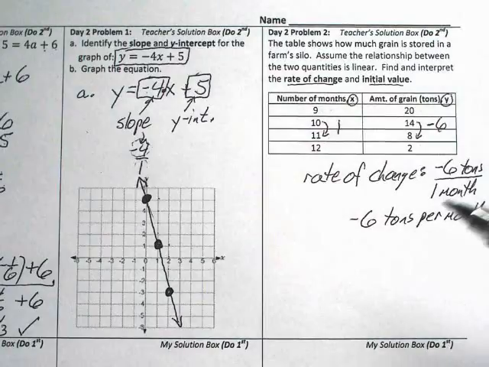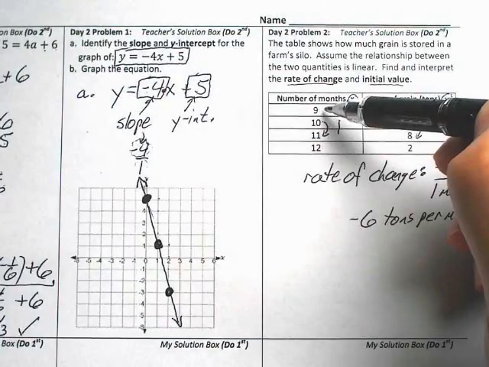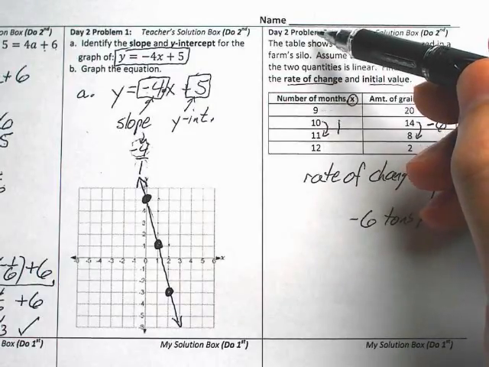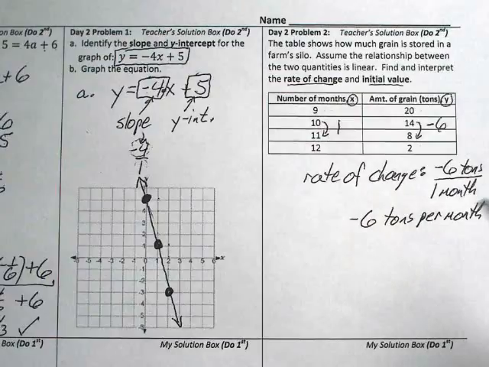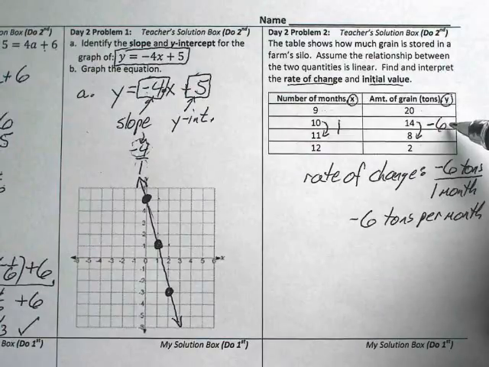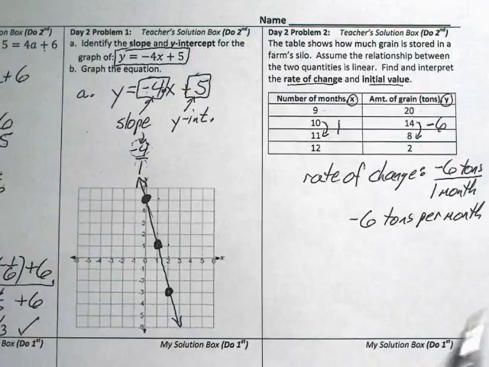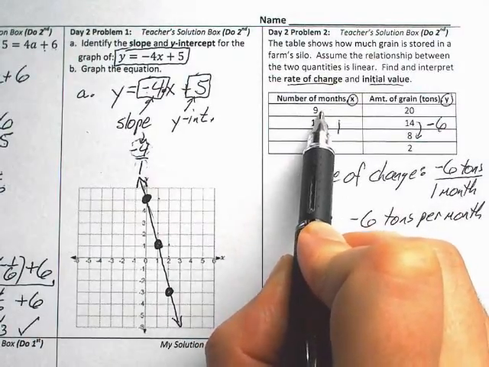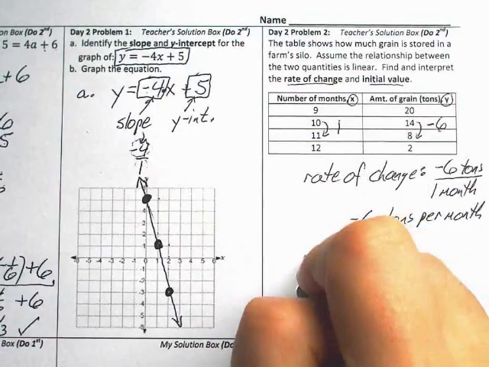Now, how many months back is that? If the first row of the table is at the 9th month, and we want to go all the way back to the 0 month, we need to back up 9 months. Now, the rate of change is that the silo is decreasing 6 tons each month. We want to back up 9 months. So let's take the information from our first row of the table. At the 9th month, there is 20 tons of grain in the silo,